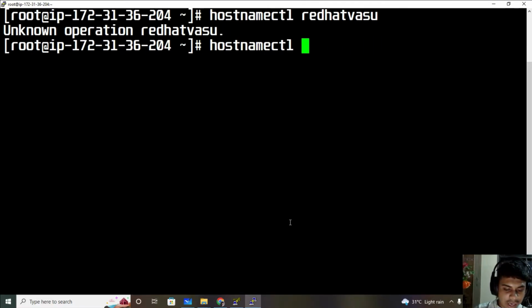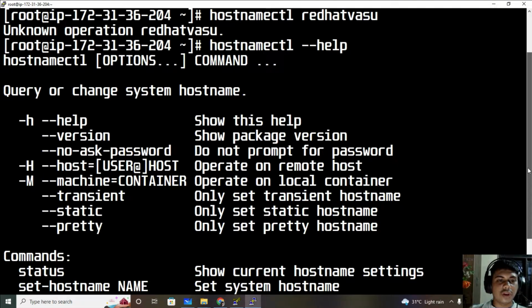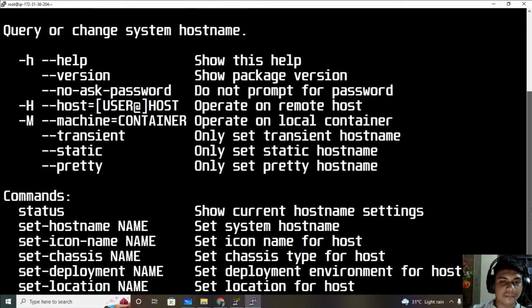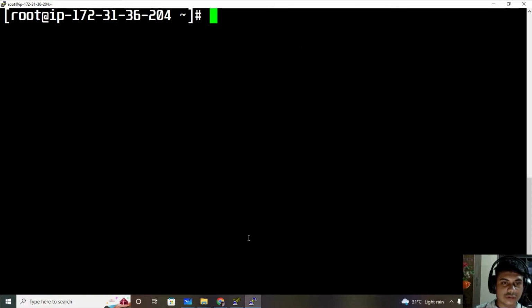hostnamectl --help. Alright. What is the command first? Query or change hostname. Operate only set hostname. Alright, I got the solution. What is the solution? Now you have to type like this: